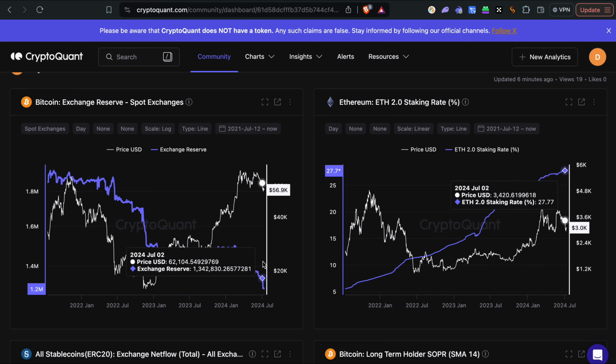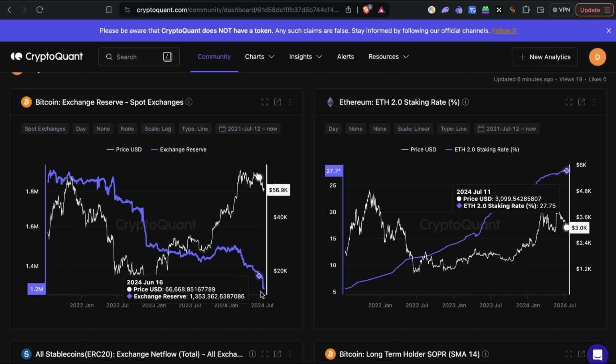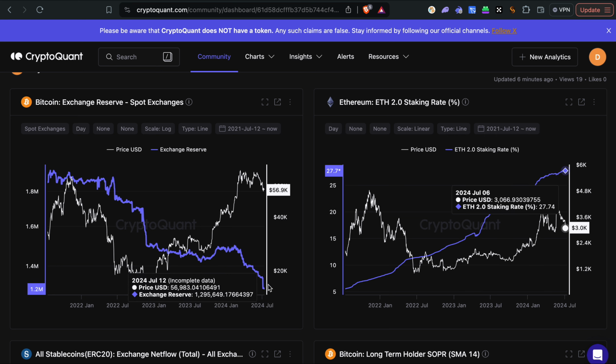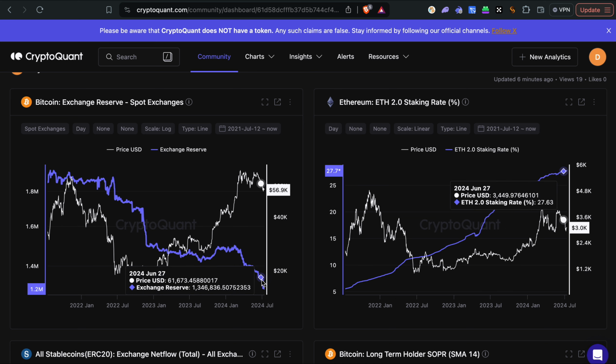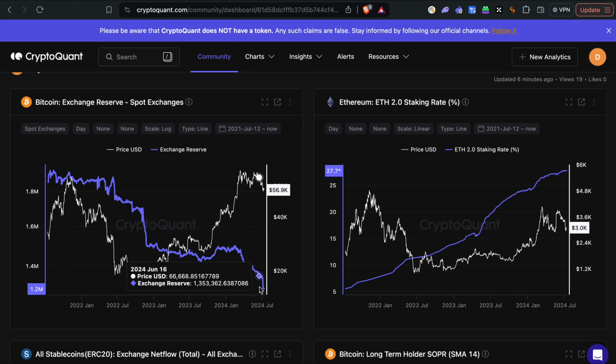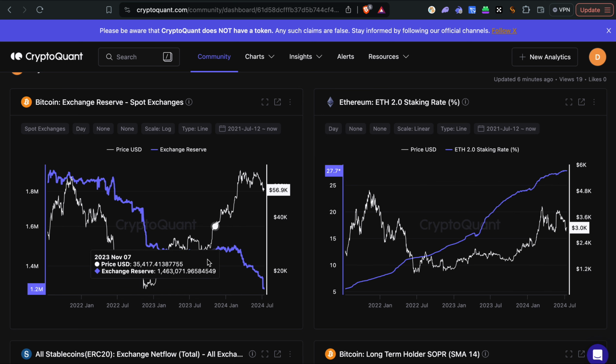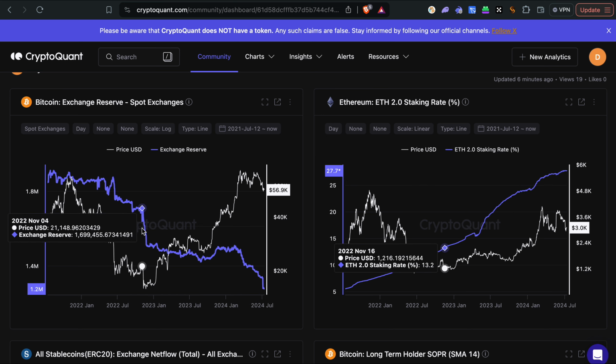exchanges. And Germany, they were actually depositing the Bitcoin onto Kraken, which is a spot exchange. So even though Germany was dumping, some people were just absolutely buying this sell pressure here. And that's obviously very, very cool that they want to hold Bitcoin long term, take the Bitcoin out of exchanges. And when we compare this kind of, let's say, exodus out of exchanges, we haven't seen anything like this until